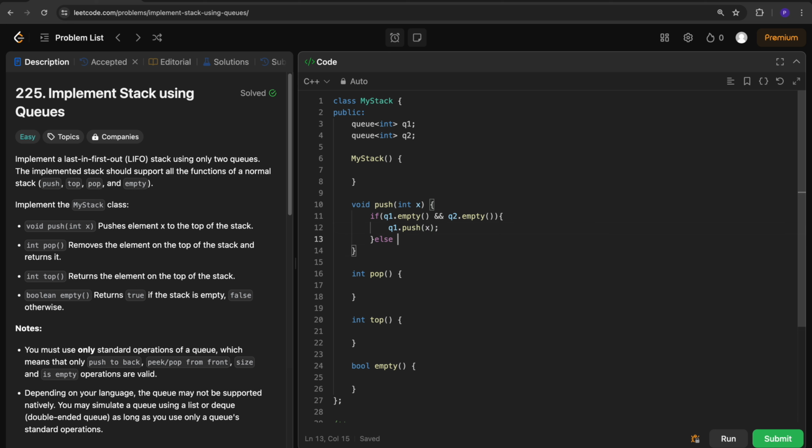Otherwise, I'm going to check whether q1 is empty. Remember that either q1 will be empty or q2 will be empty. If q1 is empty, then I'm going to push the new element to q1 because that will be present at the front of the queue. Whenever we push a new element to an empty queue, that will be present at the front of the queue. And after that, we have to copy elements